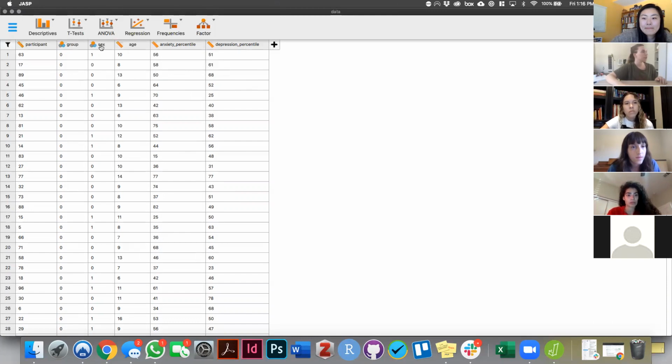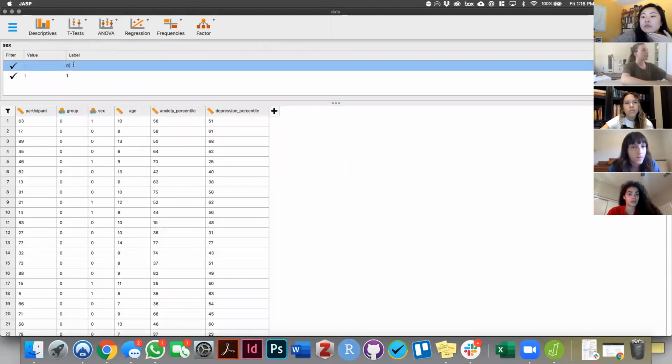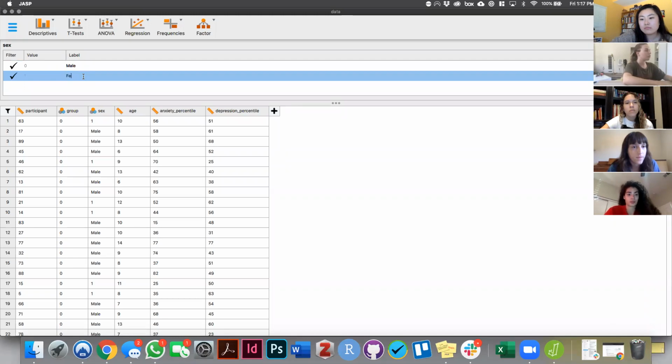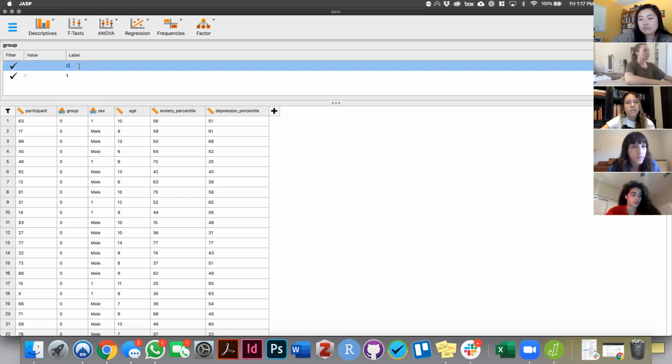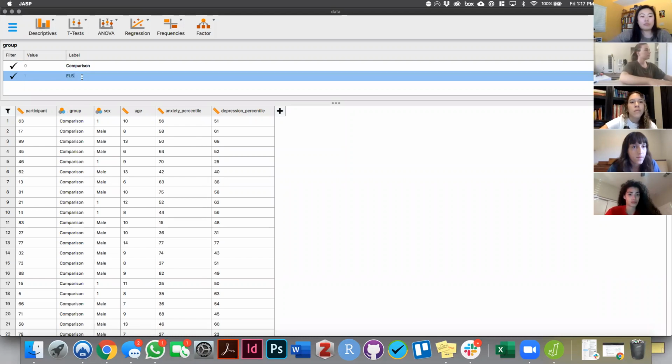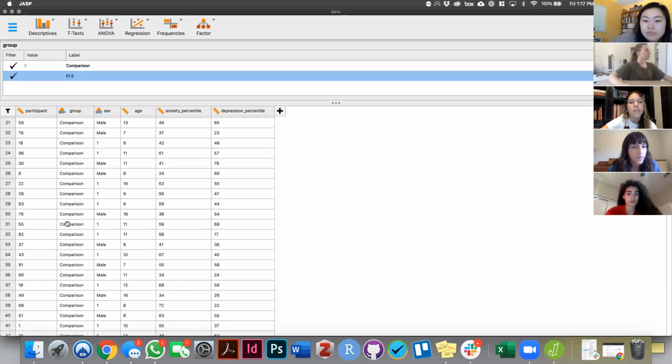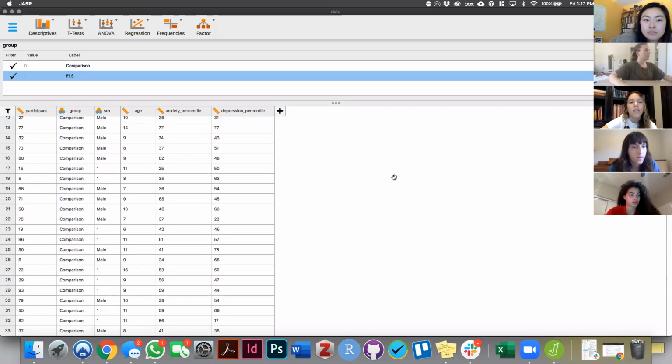So like sex and group are nominal variables. And then it's kind of cool because you can change this label here, which will be nice when you are making charts. I'm just going to change those variables. Okay, and then the next thing that you do is